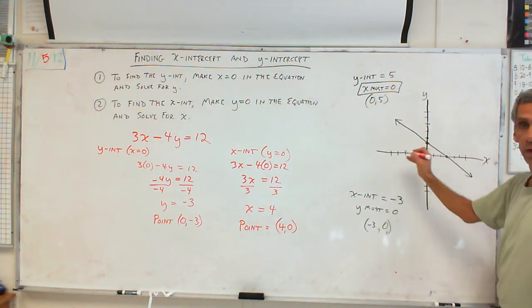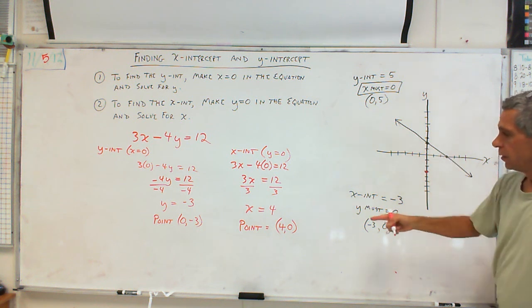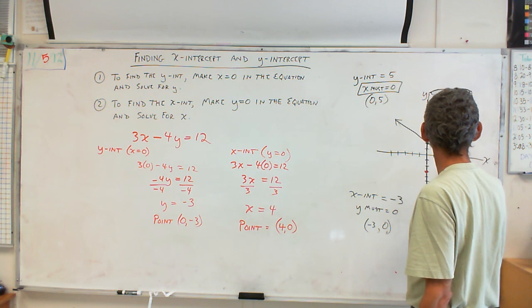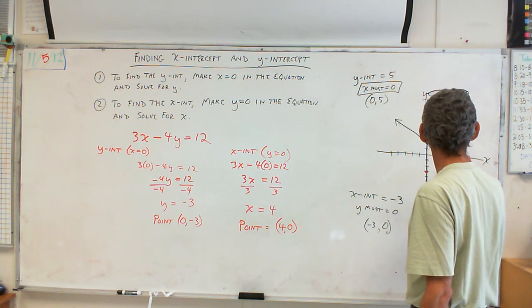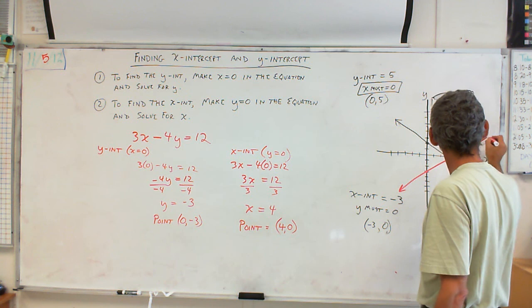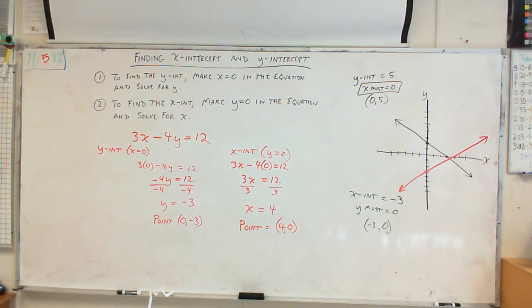So now I go over to my graph and I plot first 0, -3. 0 meaning I don't go left or right at all. I go down 3 and I put a dot. And then 4, 0. From 0, 0 I go over 4 and I don't go up or down, I just put a dot. And now I just connect my dots, put arrows on them, and I am done. And that is graphing